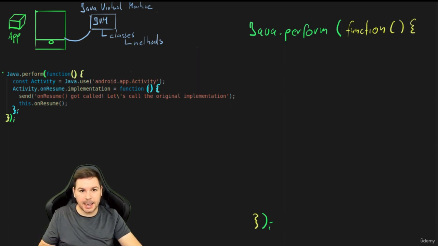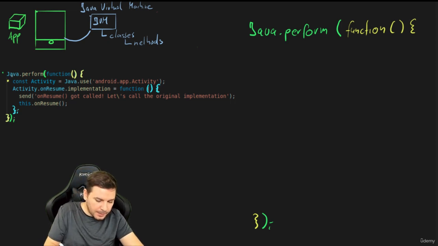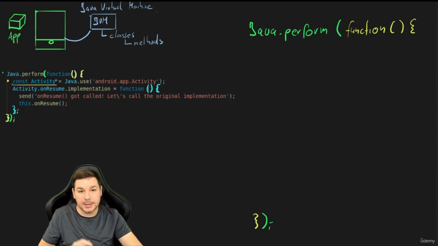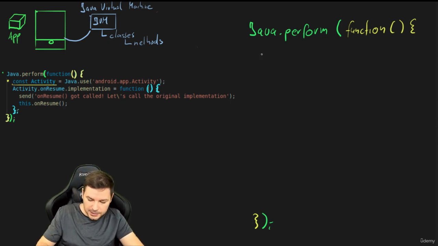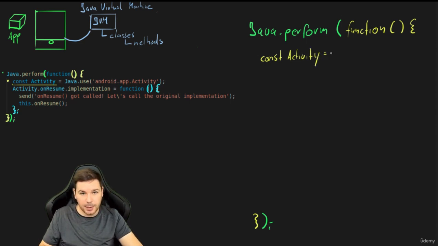Okay, so in the next line we have the magic that Frida is doing, and the whole concept of Frida is super amazing. So let's figure out what's going on over here. The first part is normal JavaScript. This here is just a variable. Let's write this down: const activity. Okay, this is just a variable. We can name this whatever we like. There's nothing special here. The magic happens in the second part, over here,